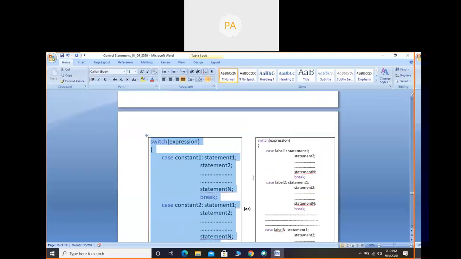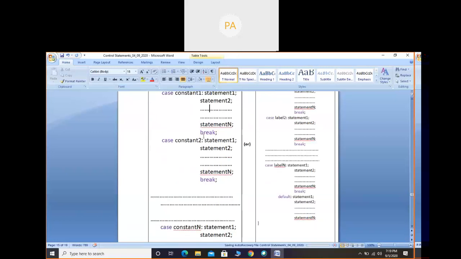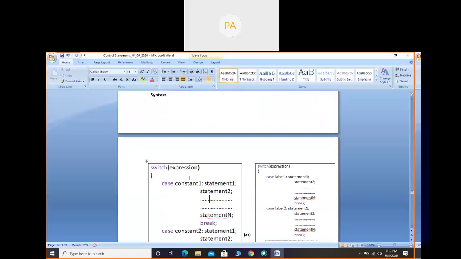So if we look at the first one, switch is a keyword. I have changed the color of the keywords here just to identify easily. So switch is a keyword, case is a keyword, break is a keyword, and at the end default is a keyword here. Switch, case, break, and default. When you write the keywords, you have to write in lowercase letters. Here switch is a keyword and we have written in lowercase letters. So if you change any letter to capital, that becomes an identifier.